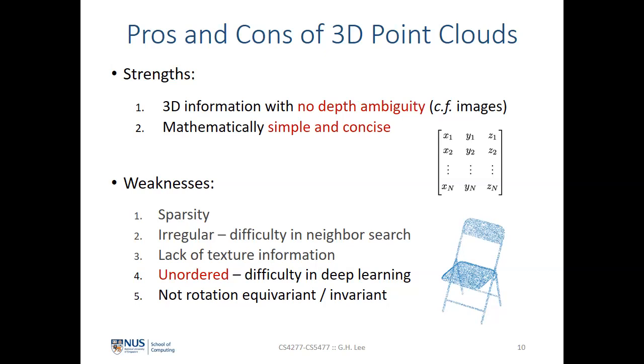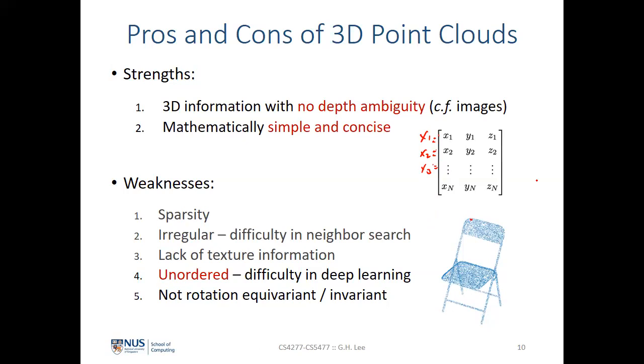you only have every single point. There's no texture or RGB information to it. What's interesting about PointNet, which is the next thing I'm going to talk about, is that points are unordered. That means if you take x1, x2, x3 and flip them around, do some permutation, that's all together